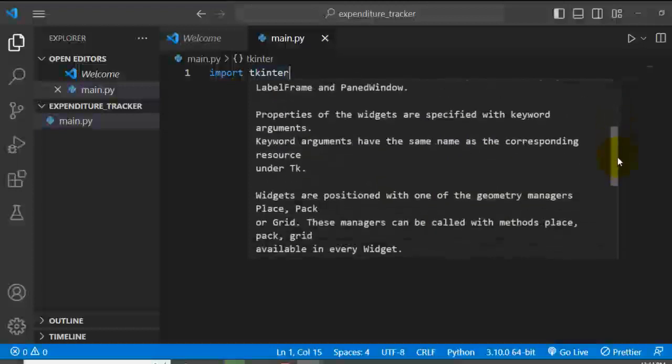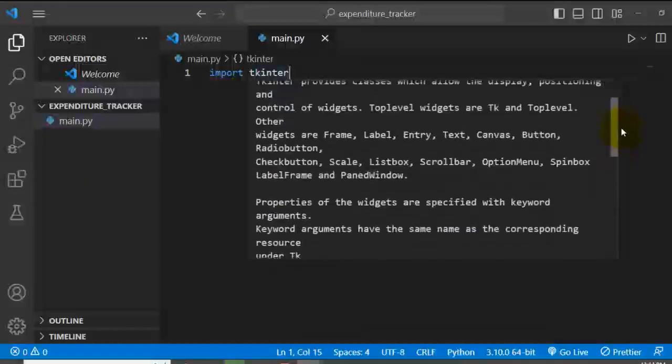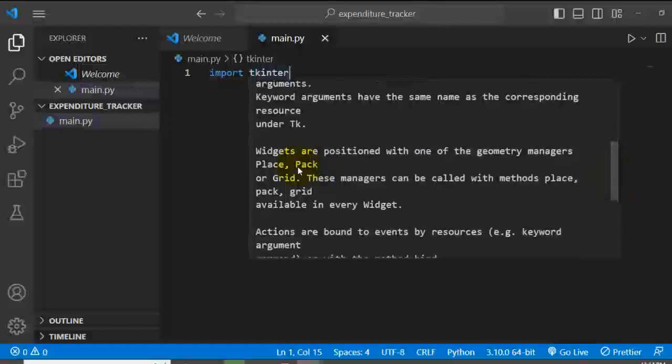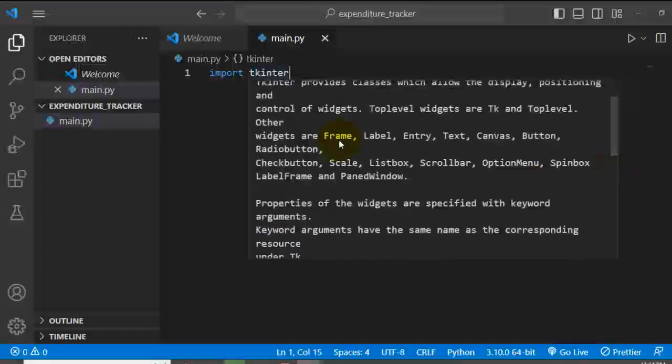Now, I like this kind of introduction. Very wonderful. I would like you to read through it. Properties of the widget are specified with keyword arguments. Keyword arguments have the same name as the corresponding resource. Wow. Now, look at this point. You have already grabbed a point that